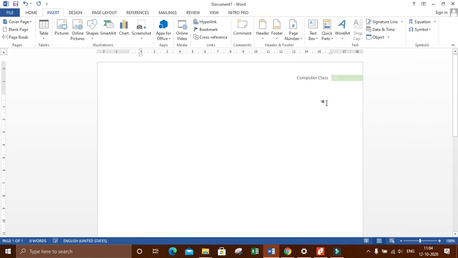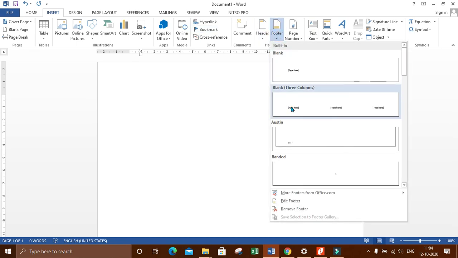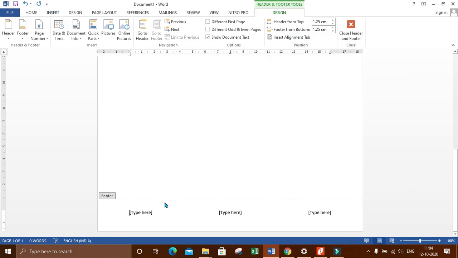Suppose I want to apply this. Here, at the footer, you will get a space. Type here whatever data you want to type. Suppose I want to write the page number here, so you can insert the page number. You can also write the book name here, etc.